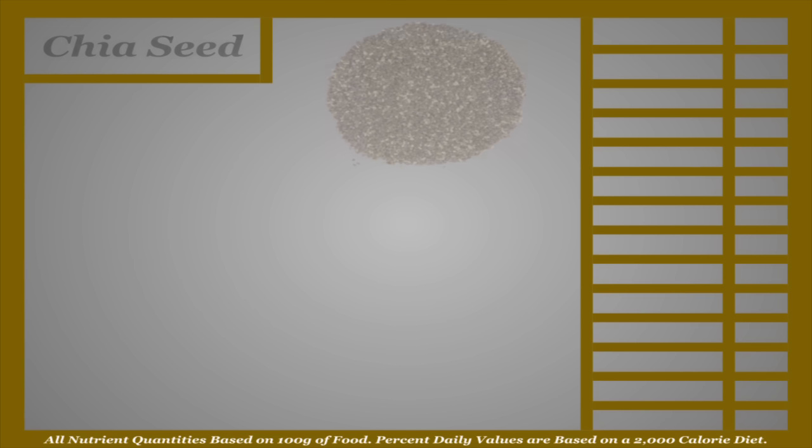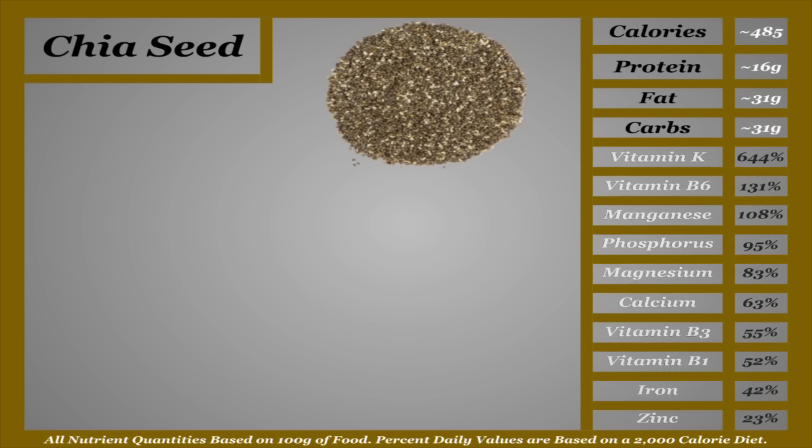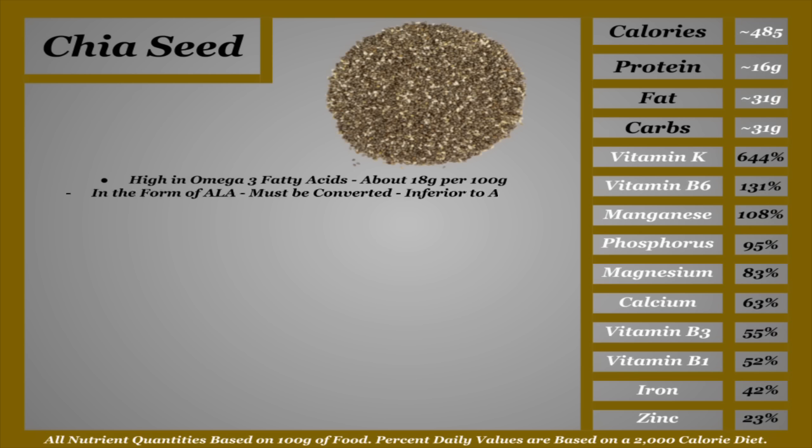First up, we've got Chia Seeds. Chia Seeds are an average caloried seed with one of the best micronutrient profiles on this list. They're ridiculously high in omega-3 fatty acids, about 18 grams per 100 grams. Granted, these are in the form of ALAs, which your body has to convert first to use, making them inferior to animal-based omega-3s. However, the omega-3s found in chia seeds are still very beneficial, reducing inflammation, regulating cholesterol, and overall